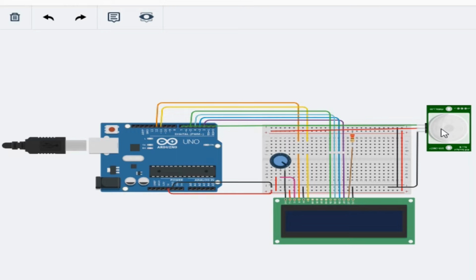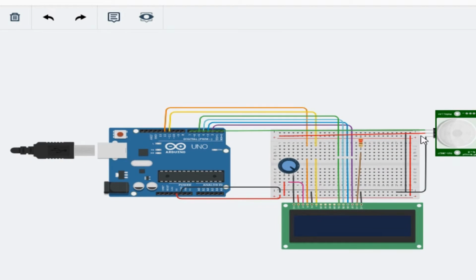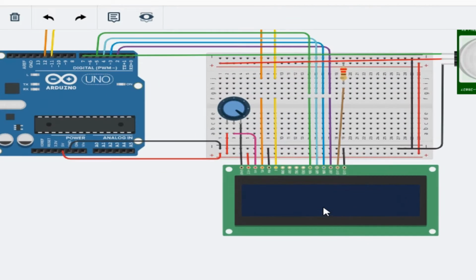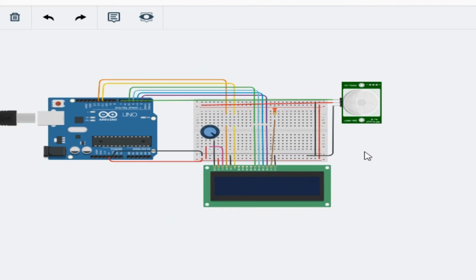As you can see, we have created our circuit. We have connected the output of the IR sensor to digital pin 7 of the Arduino Uno board. We have given power by connecting the power terminal of the IR sensor to the positive terminal of the breadboard and the ground of the IR sensor to the negative terminal of the breadboard. We have also connected the LCD, which is required to display the count of the objects which pass on our conveyor belt at high speed under the IR sensor region.